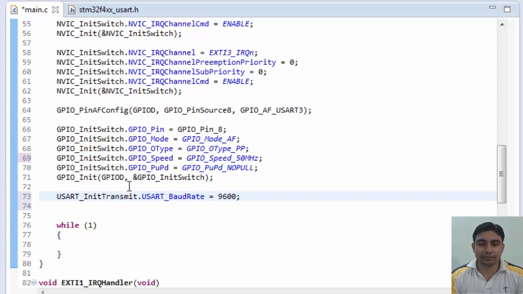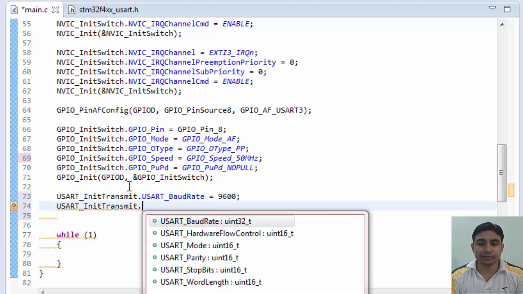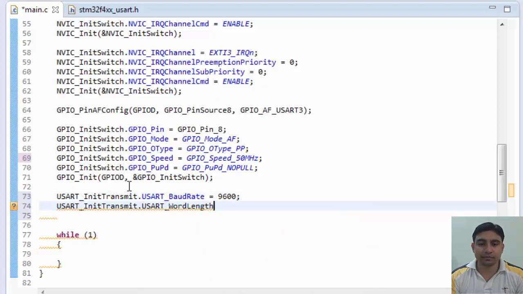Next is the word length. In this we are setting 8 bits of data we will send in a single frame. We can even choose 9 bits also here, but let's keep it this way. Now next is the stop bits.